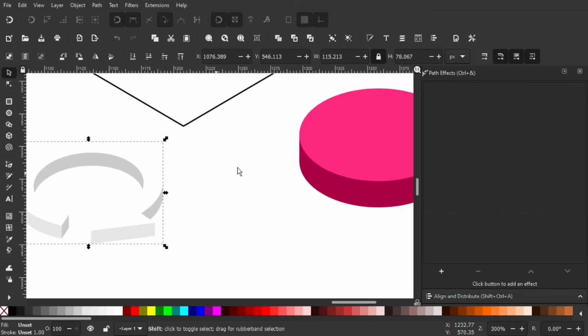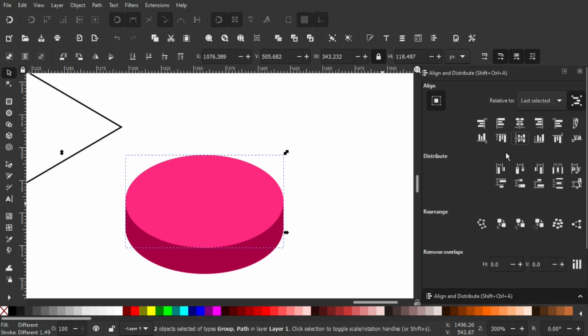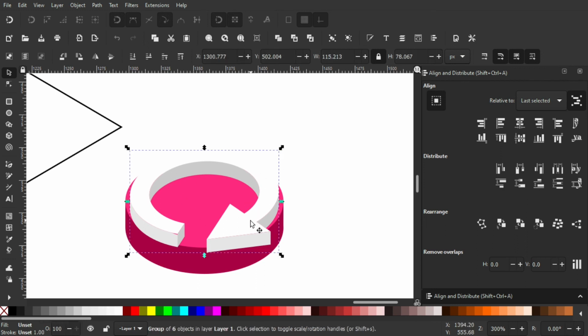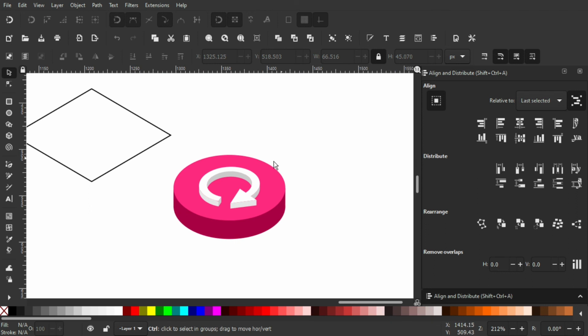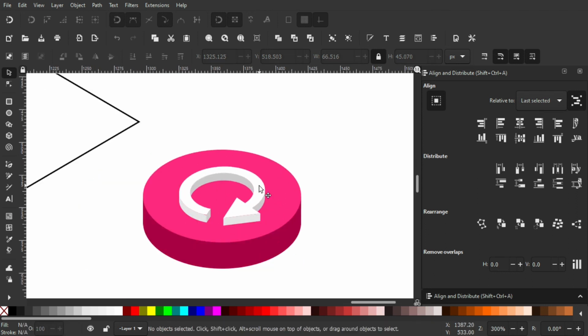hold Shift and click on this pink oval and set the alignment to the vertical and horizontal axis. And let's select this isometric replay button that we just created, and just make it smaller like this, and you'll see that it's not really looking in the middle, right? So let's select it once again with our up arrow key. Just press it once again.